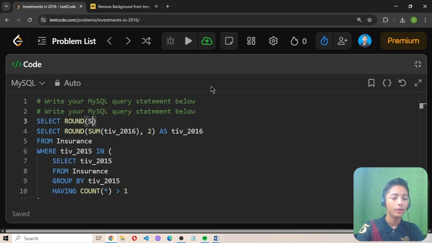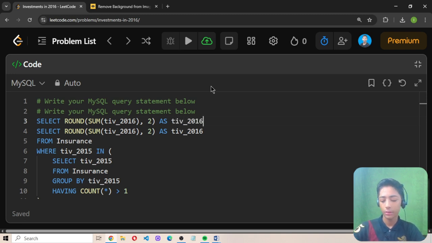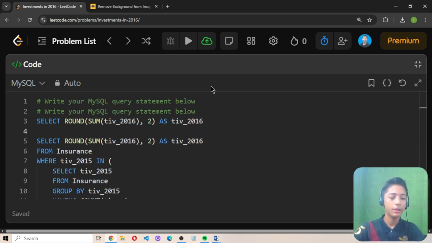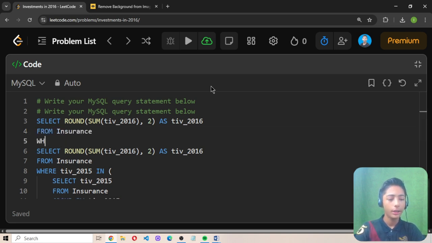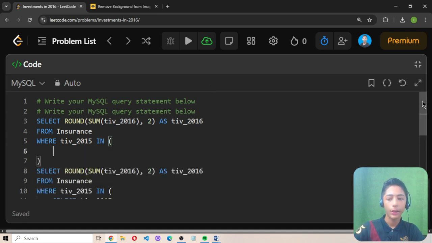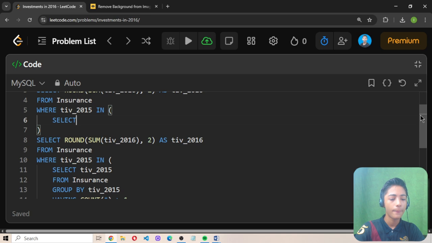Select sum of tiv_2016 as tiv_2016. Then we press enter and write from insurance, then where tiv_2015 in, then rounded brackets, press enter, then select tiv_2015 from insurance,